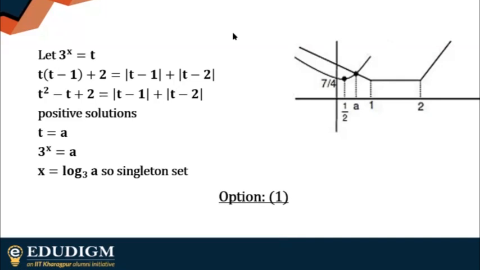As correctly pointed out by you, it's option one. So you'll basically get a singleton set. Are you okay with this one? Is there anything that you want me to explain? Do use the chat box if you have any problems. We have used a simpler method here. Otherwise, you can always break it up into three pieces. This will actually have one portion where t is strictly less than 1, between 1 and 2, and another greater than 2. I hope this is okay with all of you.